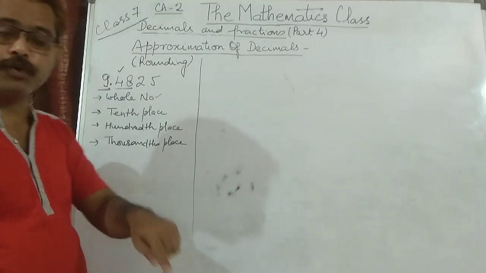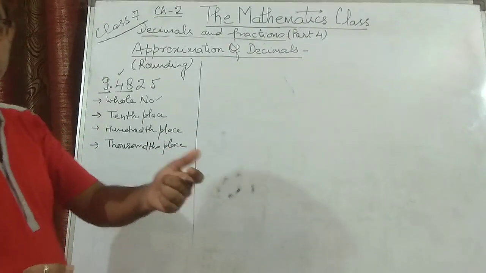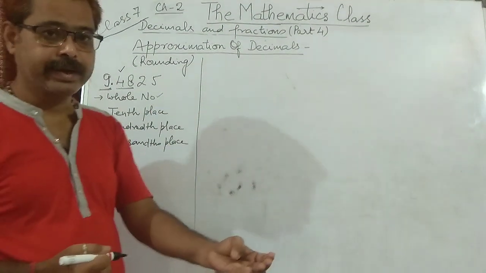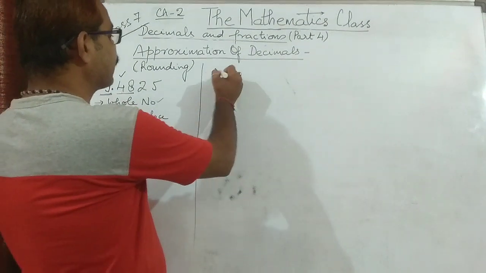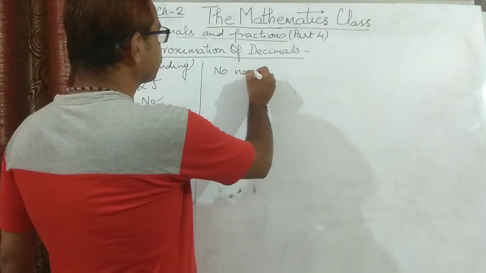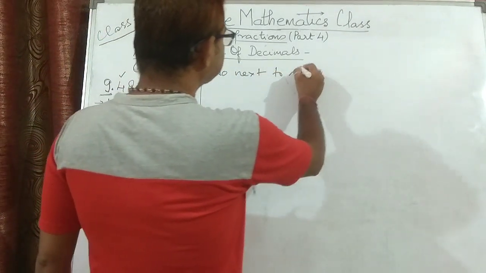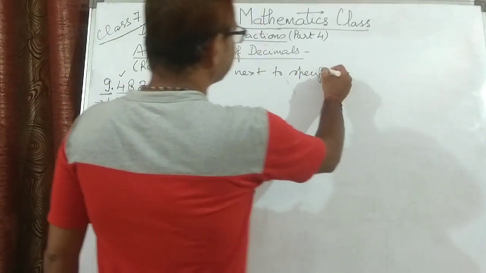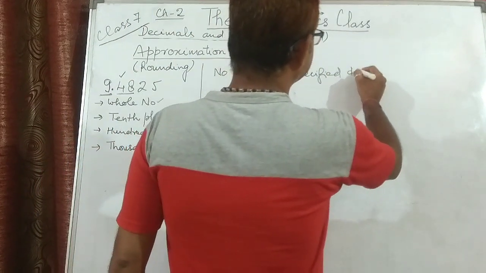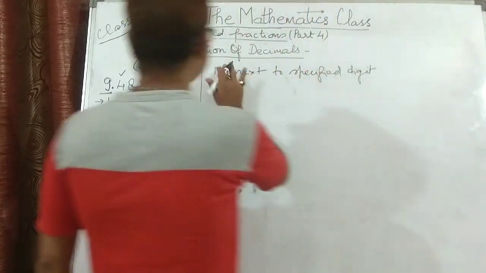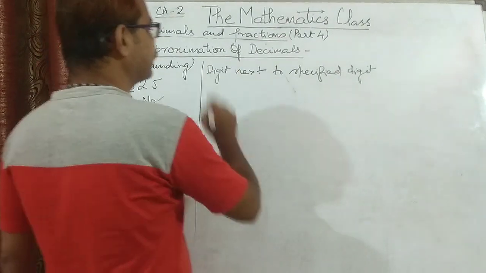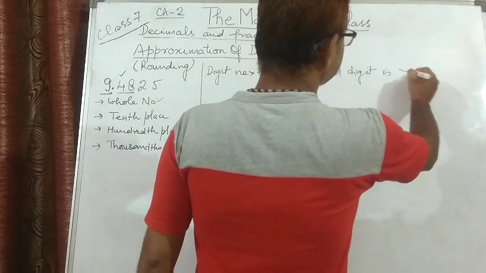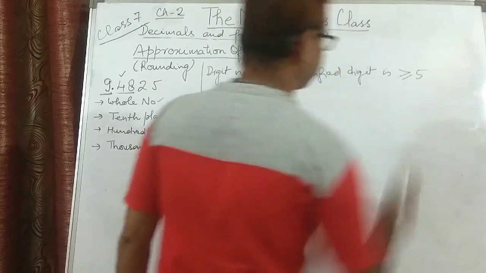Now if the digit next to the specified digit is greater than or equal to 5,